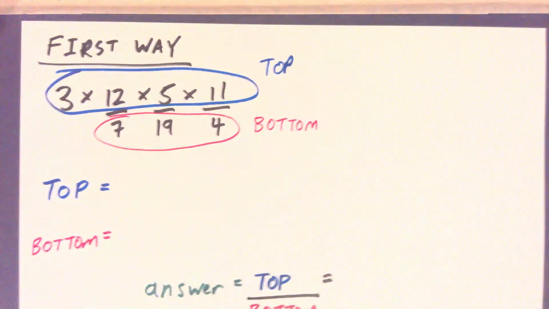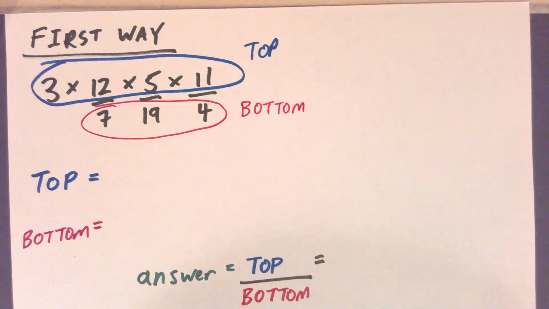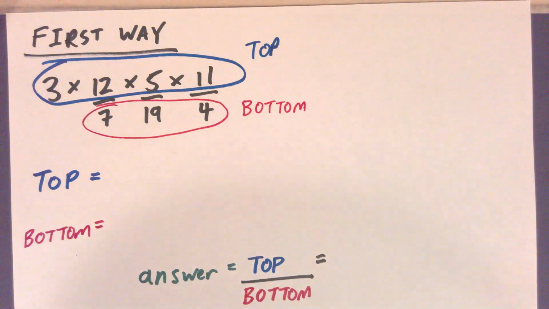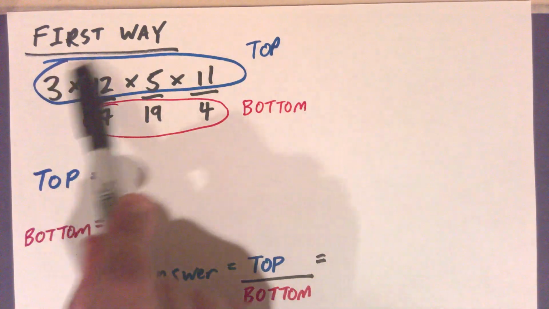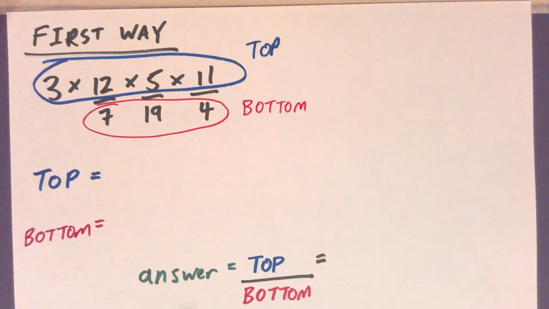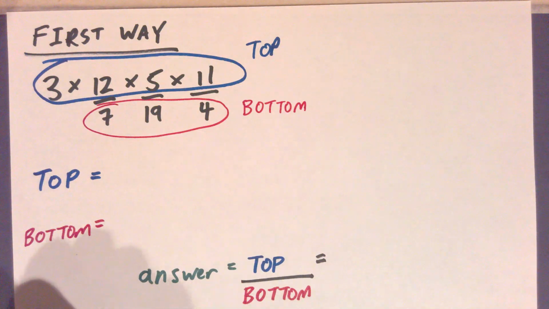All right, so the problem we have at hand, again, we're going to be tackling the first way, so I rewrote it here. Feel free to pause the video whenever you like for note-taking or rewinding purposes and such. All the numerators, all the top parts, I circled in blue, and I'm just calling it top. I did the same thing with the denominators, calling it the bottom. In this first method, we're going to be calculating the top and then the bottom. So let's go ahead and do this.